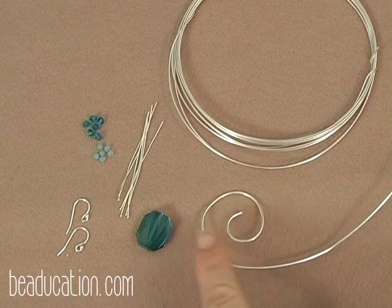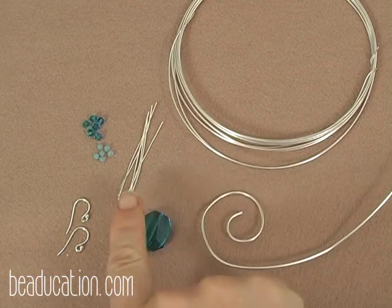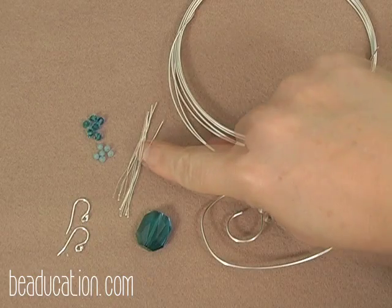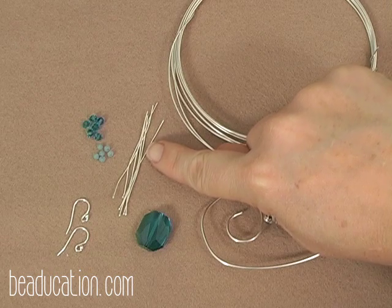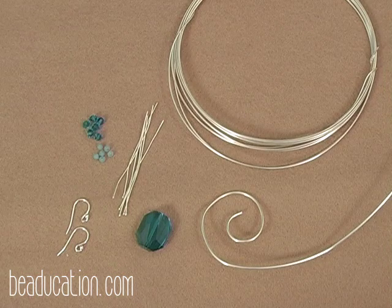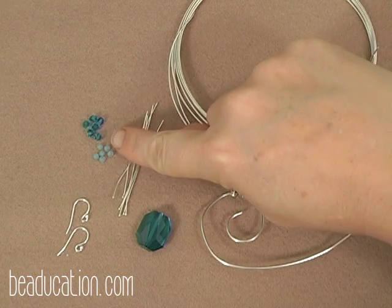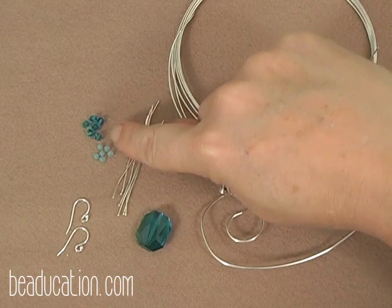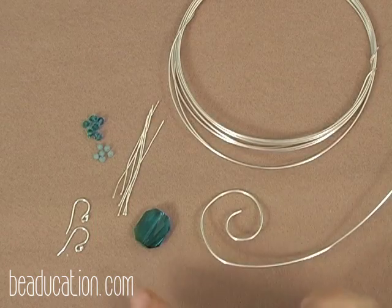So these things here are the things you need to make the necklace. Over here are the things you need to make the earrings. We need six 1.5 inch to 2 inch head pins. These are the ball head pins. They're made out of 24 gauge. We've got six 3mm Swarovski crystals and six 4mm Swarovski crystals that match your centerpiece bead, and a pair of